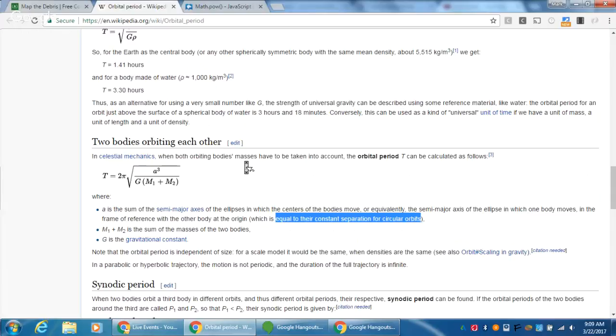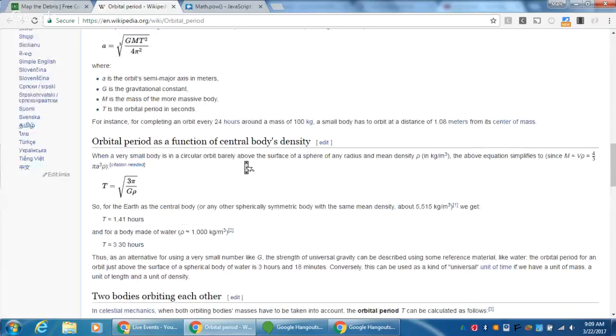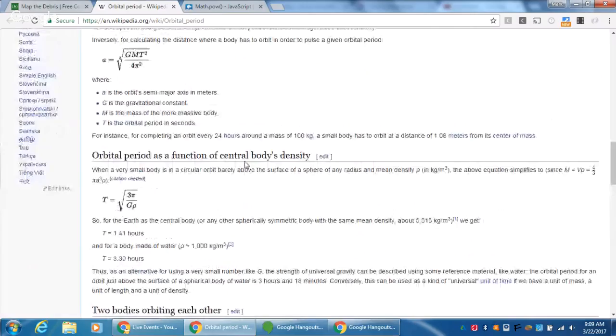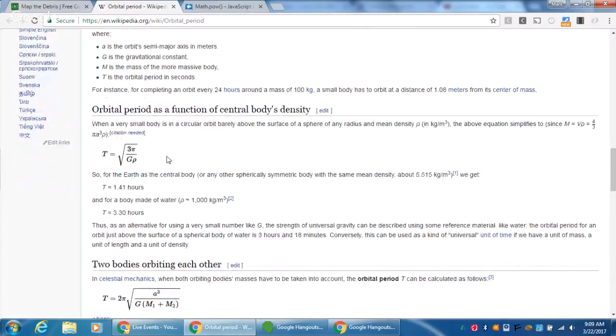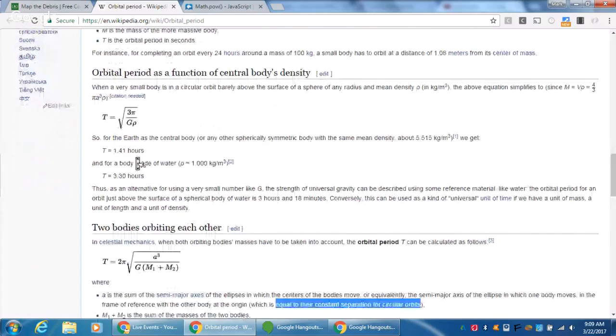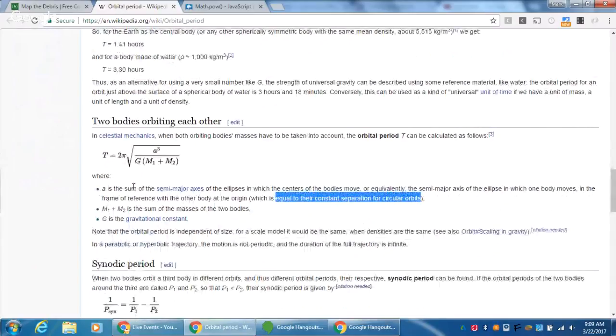And again, just take some reading. All right, so that's what we want. If you really want to see, this one is T in seconds, and we didn't get seconds or anything like that. This little p here, we didn't get anything for that. This one just has a pi, a G times an M, where the M is the sum of the two masses. It looks like the GM for Earth is what they're giving us, so that second mass is probably going to be negligible. So that G times M